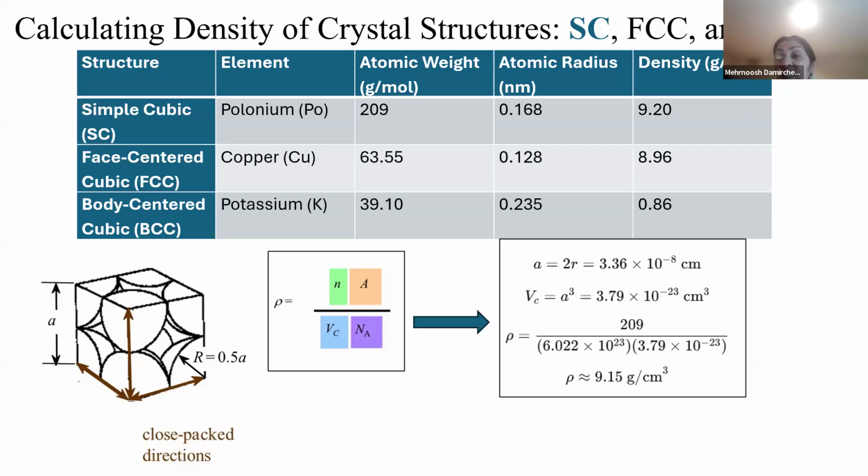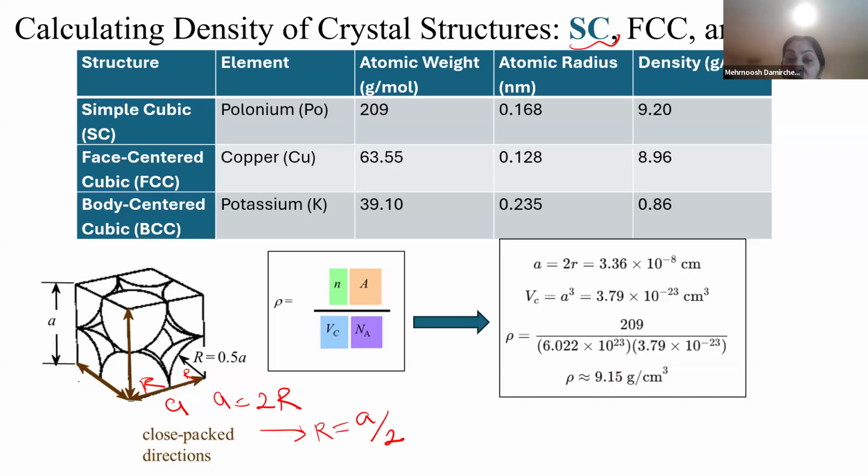Okay, look at here. If you remember, I told you that for finding the relations between cell dimensions and the radius of the atoms, concentrate on the most packed direction. Okay, the most packed direction is along the cell length. Here, it is A, it is R, and it is R. So A equals 2R for this type of structure, or SC that you see here. So R is half of A. We need both of them, and I will explain why.